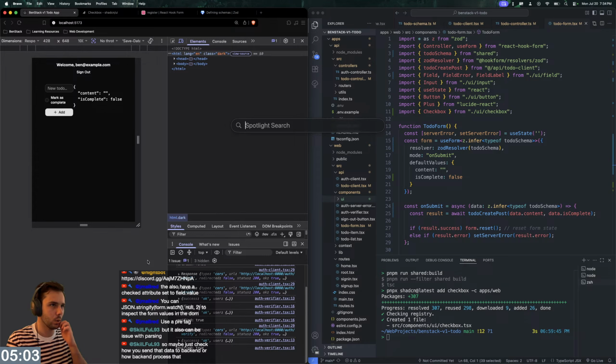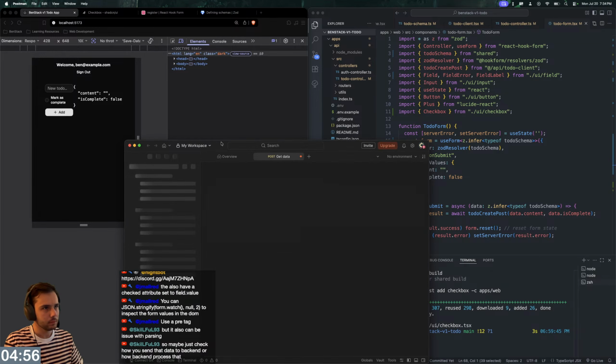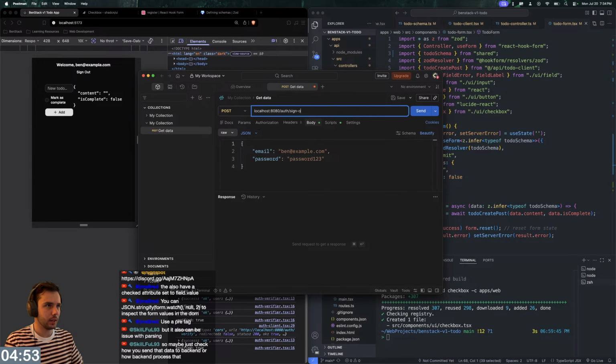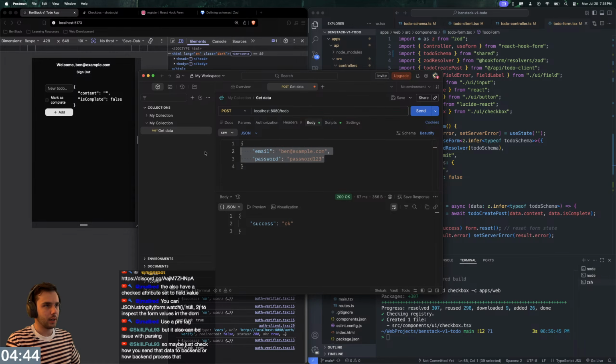So if I go to Postman, just get this open here. I think I need to sign into a session on here. Okay. And to do, and then we'll post content, and then we'll say test to do, and then is complete. This needs to be, we'll say true. Because this should work, right? If I just send this right to the